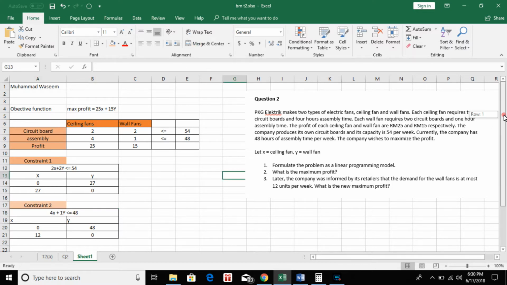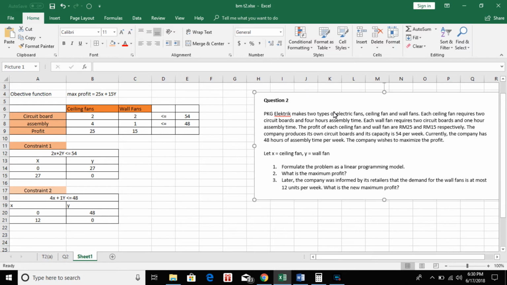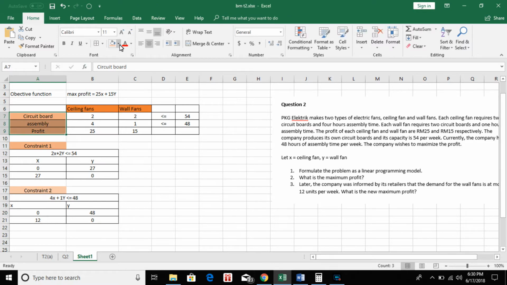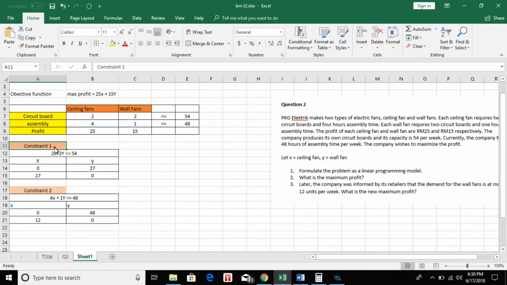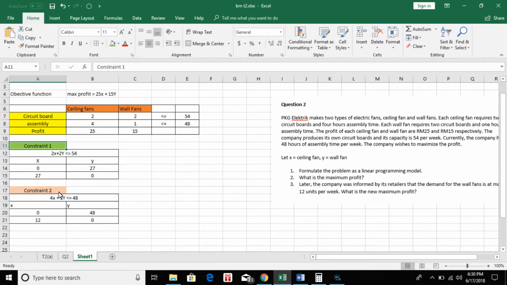So we are done with both of the constraints. Now I will directly go to draw the graph. For the graph, constraint 1 and 2, we just need to represent with different colors. So just go into the